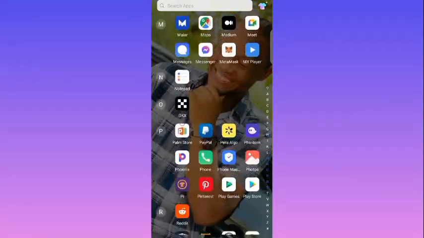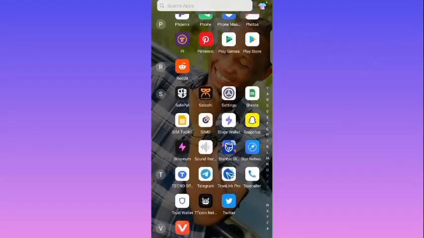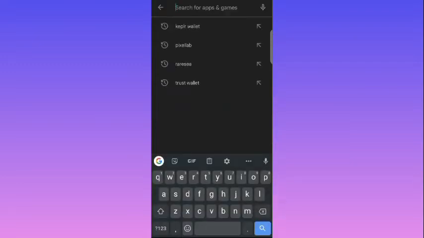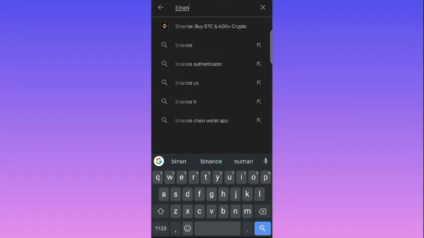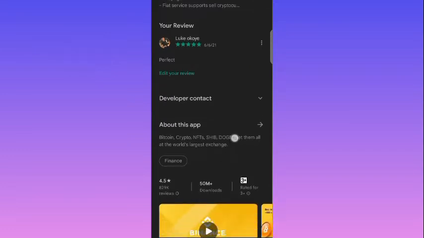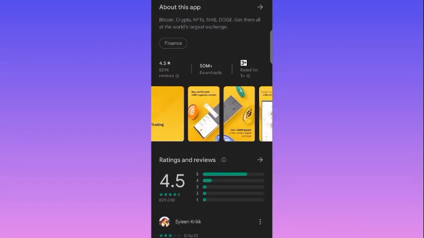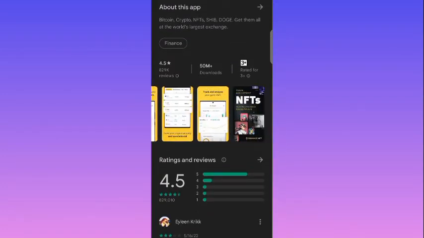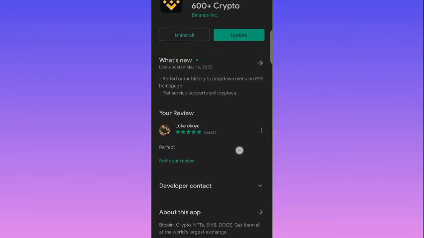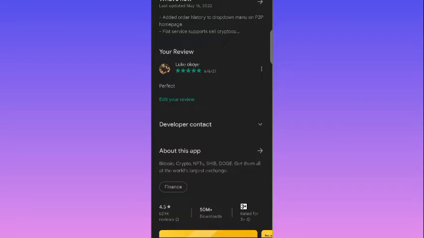If you don't have the app, you can go to the Play Store. When it opens, you search for Binance app. So here it is, this is how it looks. The Binance app is a wonderful platform where you can do wonderful things. When I say wonderful, I mean wonderful. But I already have mine, so I'll just go back